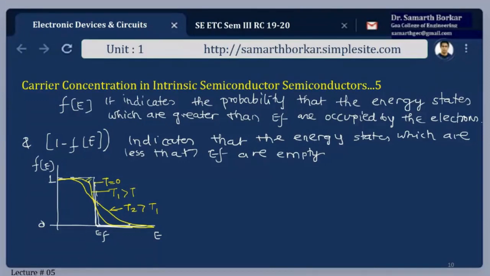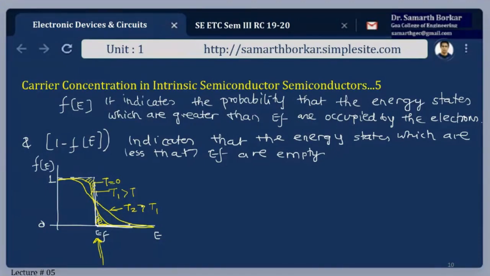Okay, this what we already discussed. This is the empty states, and these are corresponding filled states in the conduction band. So you see this f of E is symmetrical about EF, when this is EF, the reference level. Now we'll try to apply it to the intrinsic. Now we have started, say, carrier concentration in intrinsic semiconductors. For that we need to know the three things which I had listed right in the beginning. And what were the three things for which we need to study this? Fermi Dirac distribution function, the Fermi level, and electron and hole concentration.